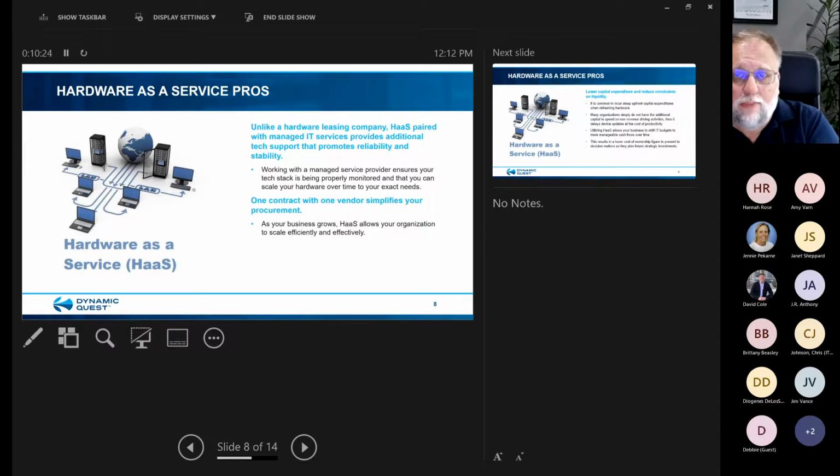The concept is not only do you want to sell the hardware, but we also want to make sure you're getting the best support attached to that, which would mean patch management and monitoring. It would be ensuring that you're fully covered with a warranty on that hardware, that you've got all the appropriate subscriptions and support. So that is something that is very key. It's all coupled with this. It's one contract. You don't have us or your MSP with a leasing company. You have one vendor that's going to provide all services, the support of the devices and the hardware, as well as the provisioning, the setup, and the installation.